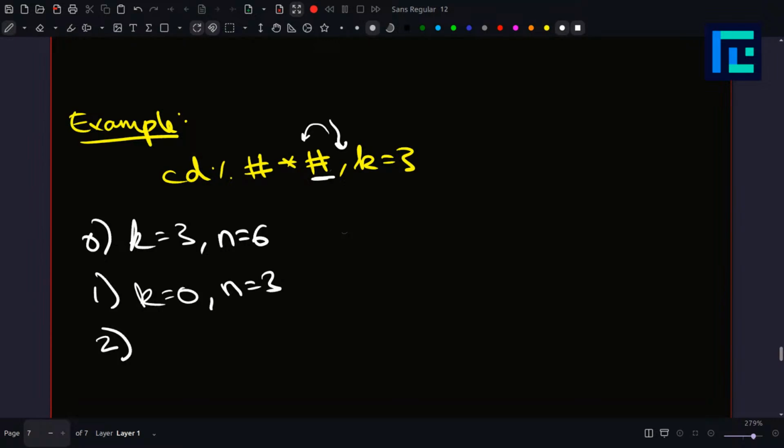Now we have a star. So star means something was deleted. So we get k equals 0, n equals 4. We don't really care what was deleted, but something was deleted. So we can say that the size is increased again. Now, while doing it in reverse, we get another hash. So that means k equals 0 and n equals 2. Now since k was already in the first half, we don't need to do anything to k, only n gets